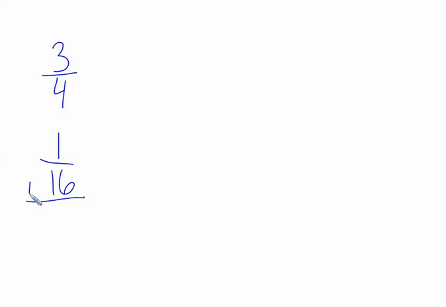Okay, now if we're going to add this up, the first thing we need to do is find a common denominator. We need to make these fractions equivalent to something that has the same denominator. So in order to do that, there's a few ways to do it. The first thing we're going to do is take both these fractions and look at their